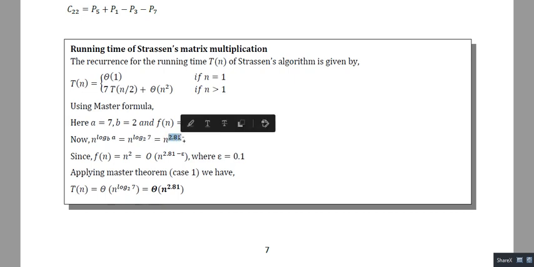Right. So this is the time complexity of Strassen's matrix multiplication algorithm. So clearly we have verified that the time required by Strassen's multiplication is lesser than our traditional multiplication. Hence it is doing better than our traditional matrix multiplication.